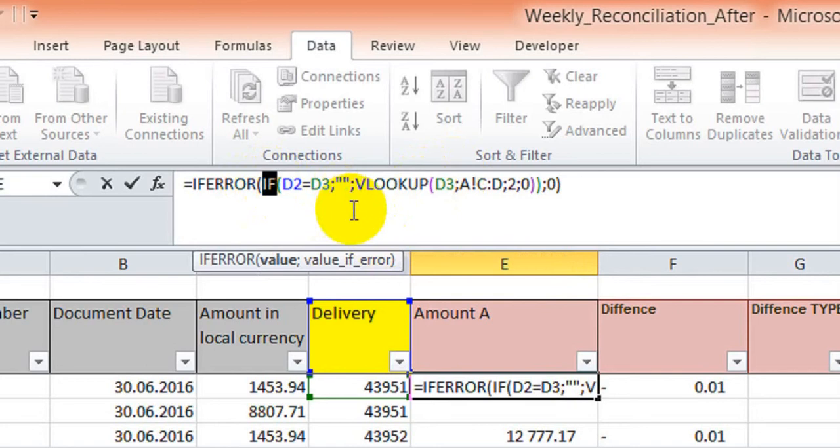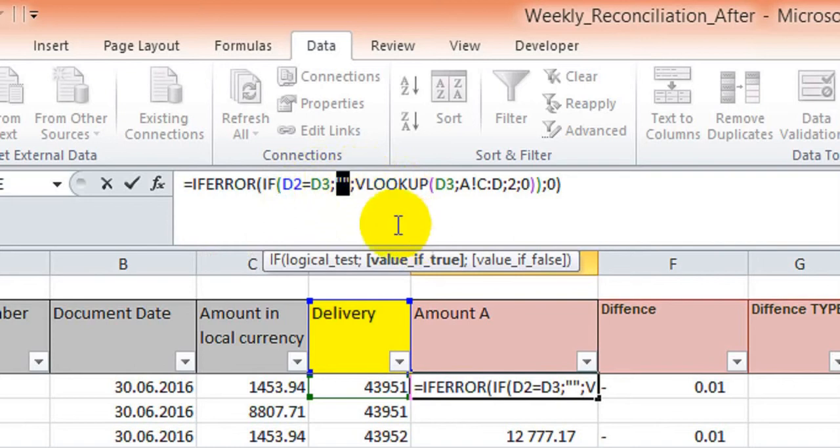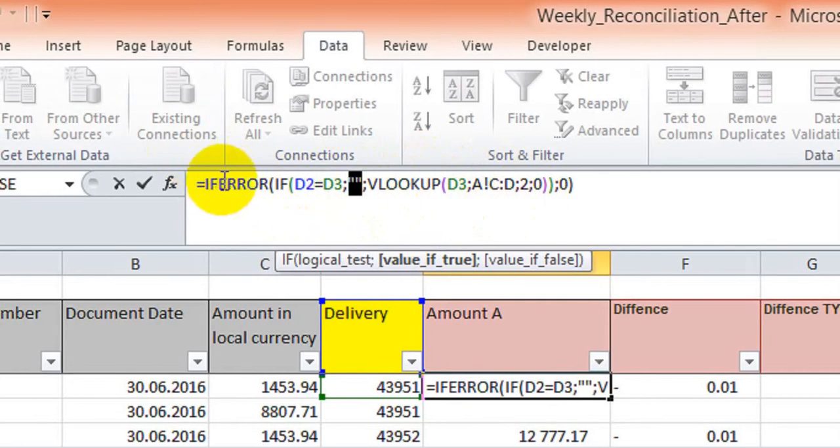IF is very important here, because it says that if you have seen this delivery number before in the previous row, don't write anything. I don't want this information. But if you meet this delivery number the first time, please find me the sum of this delivery number on worksheet A. And I used IFERROR